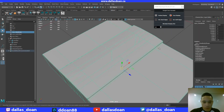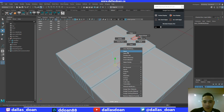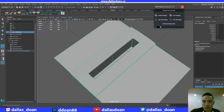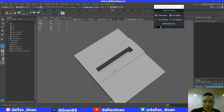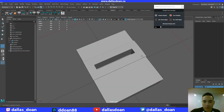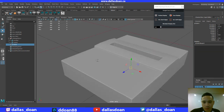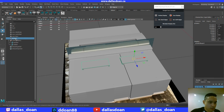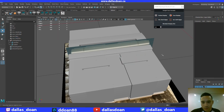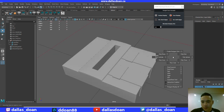Okay, so now let me quickly go back to attribute mode, delete my history, delete transforms. Let's face weight normals. There we go. Okay, and then what we can do is we will create the lid. So what's this? Oh, these are switches. SNES switches. Okay, turn this off. Going to make another cube,